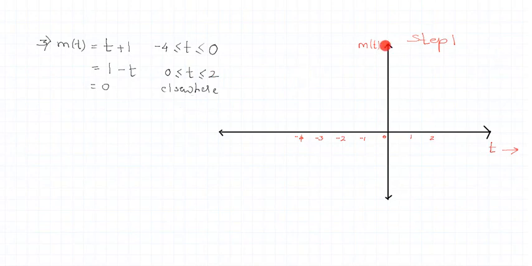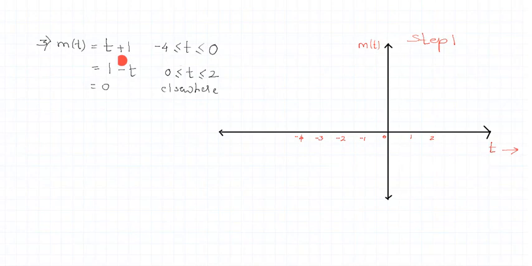I have taken empty signal. I have represented the independent variable t and then I have marked all the time instants over which the signal exists. So the signal exists from -4 to 2. Right? So I have marked the time instants. Outside this time instant, the signal is 0. Right? So let me start with the first part, -4 to 0.